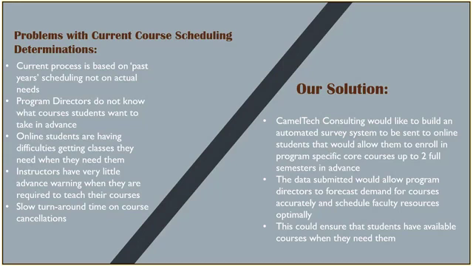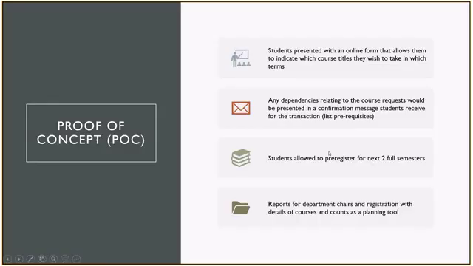That way there would be less time spent trying to figure things out, and we'd have a little bit more of a plan for the future of what needs to go where, what classes need to happen, and where the interest and students are. So this can ensure that students have available courses when they need them, and faculty members know what's going on a little bit better further into the future as well.